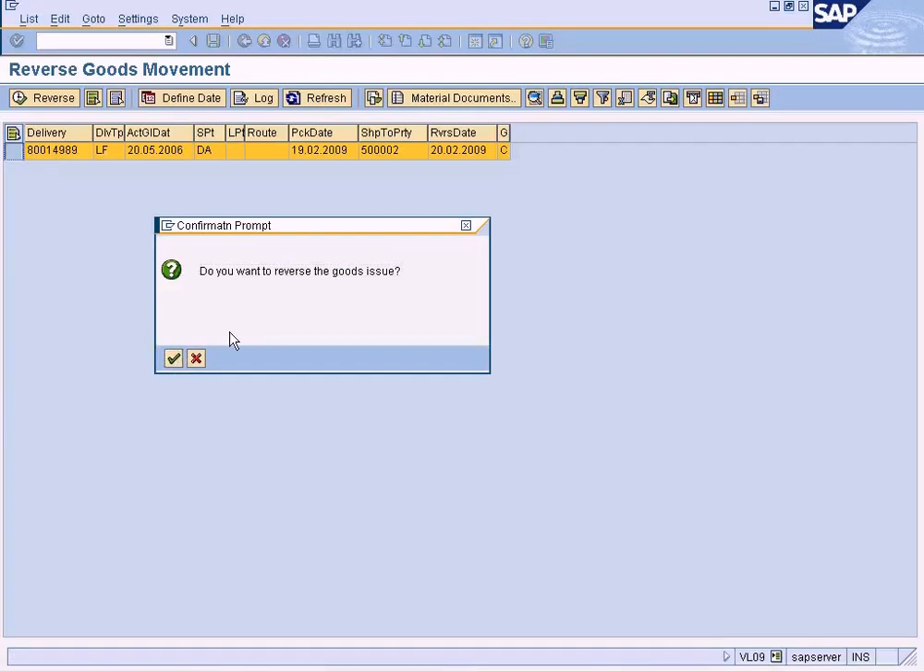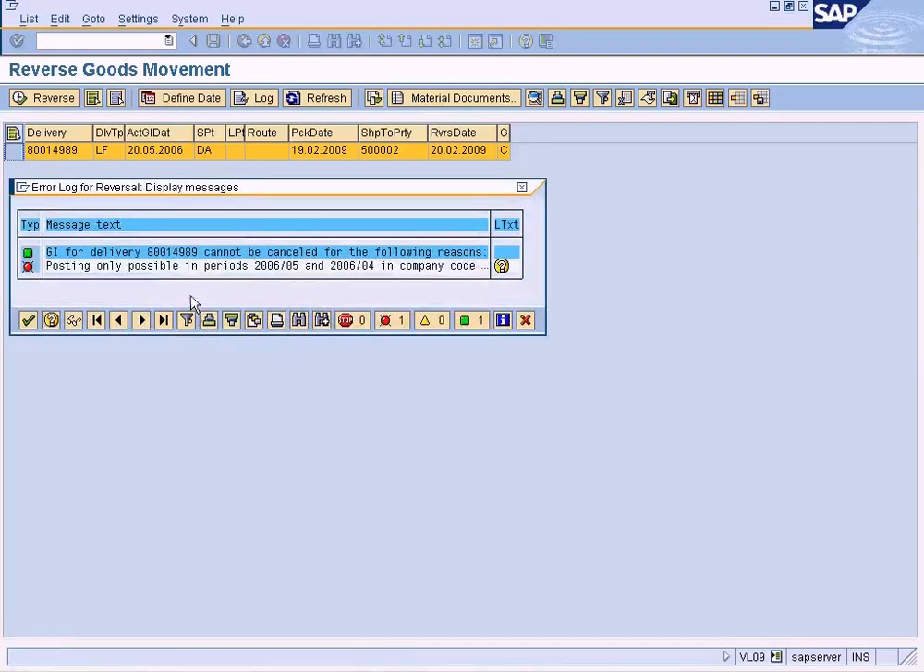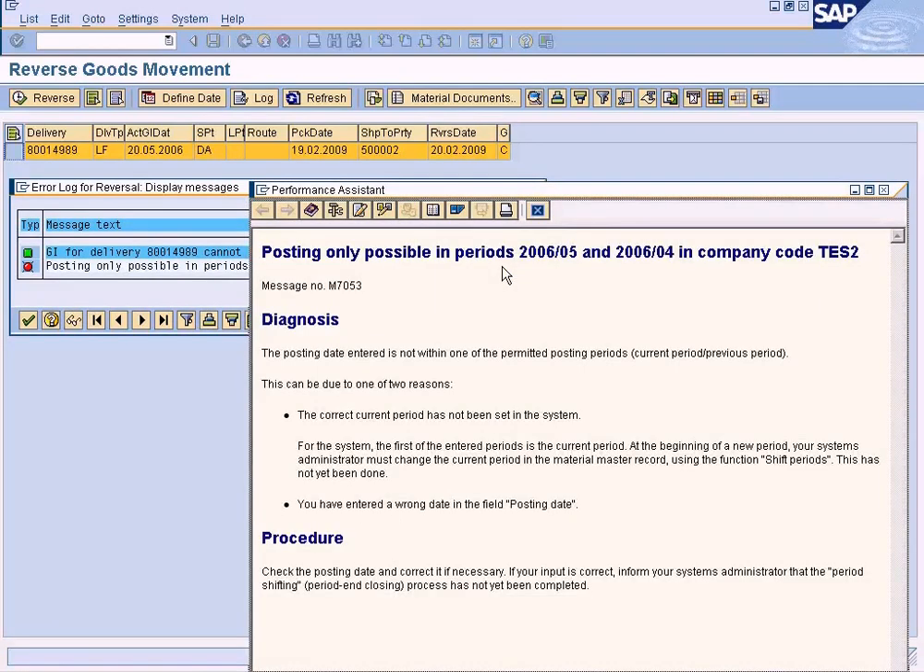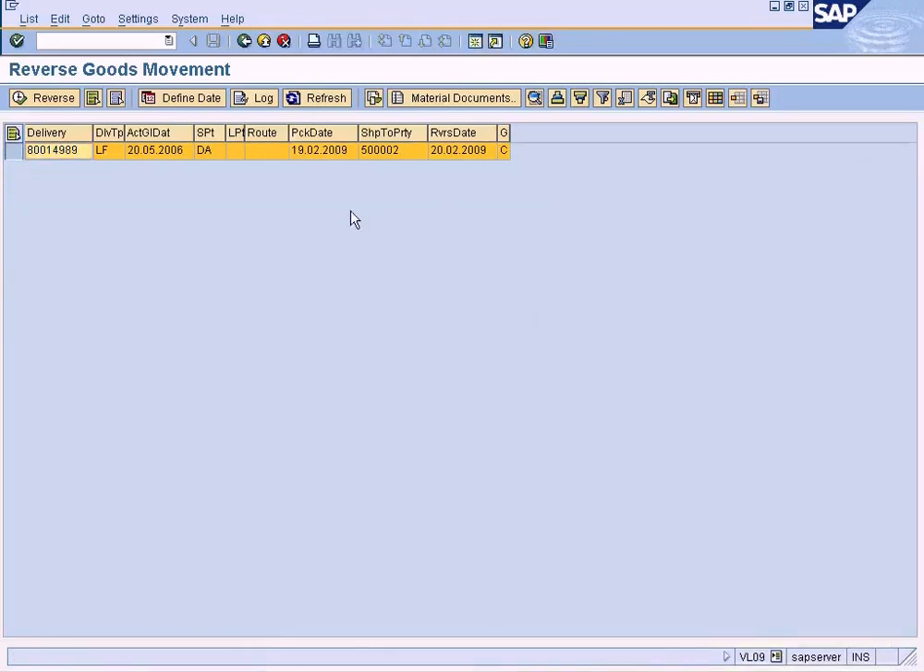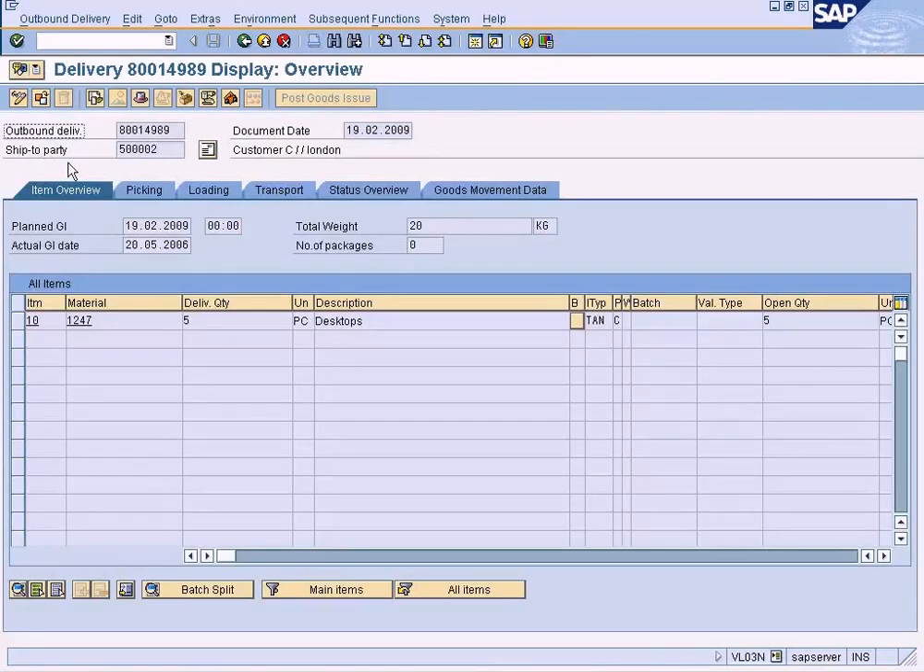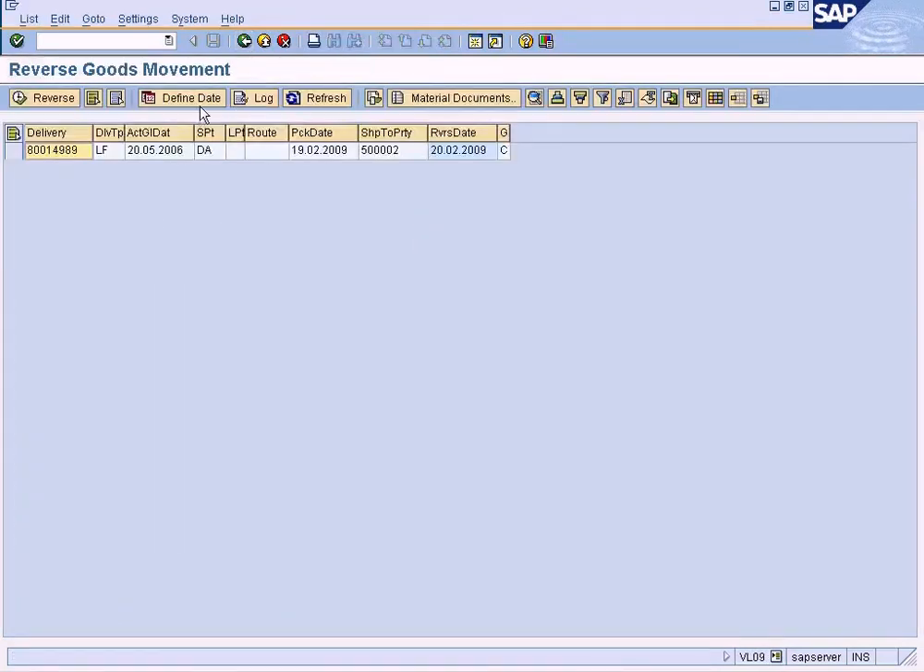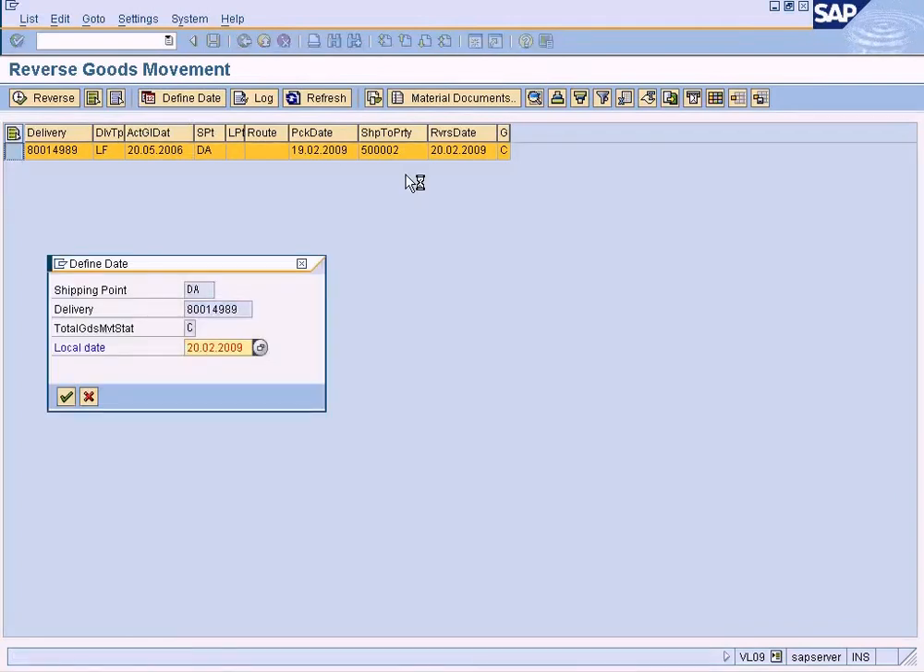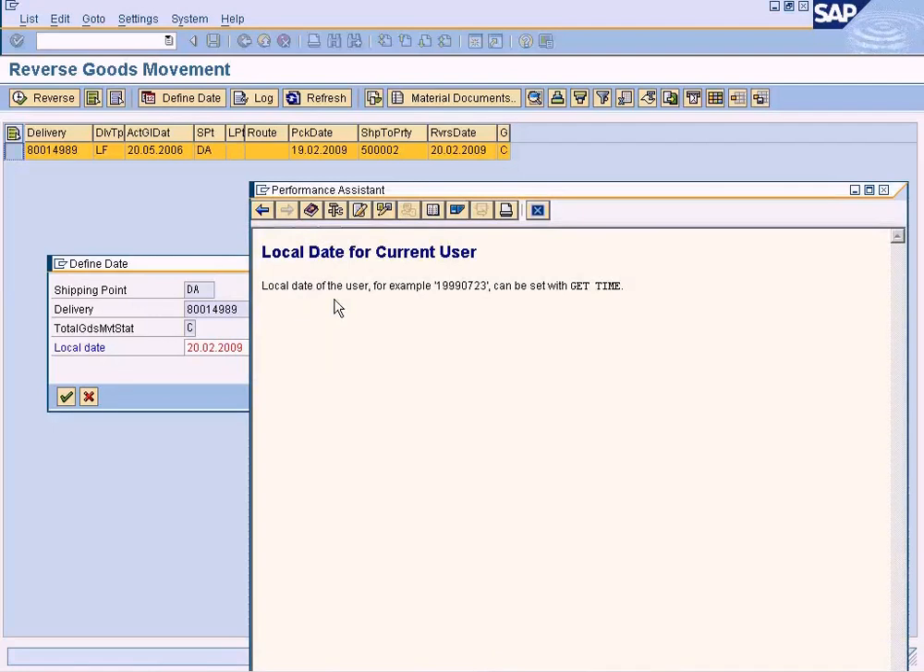Yes, reverse, allocate and reverse. You want to reverse the goods issue? Yes. See, is posting only possible in 2005? Okay, I need to change the reversal date here. Let me see how to change the date. Probably I can use this